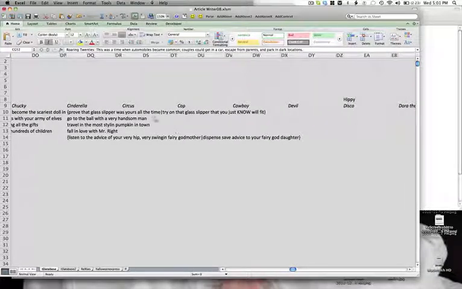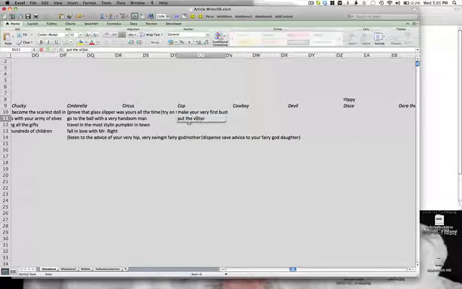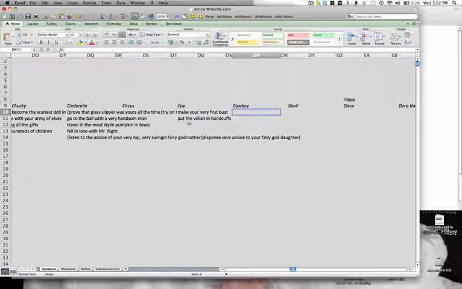But for the full job, you can go through and just, off the top of your head, think of cliches. What do you do as a cop? Are you ready to make your very first bust? You ready to put the villain in handcuffs? You know, like that. Now, cowboys, rustle some cattle,